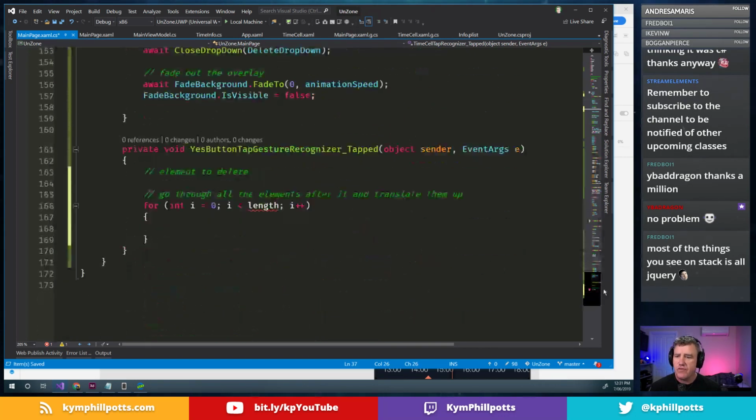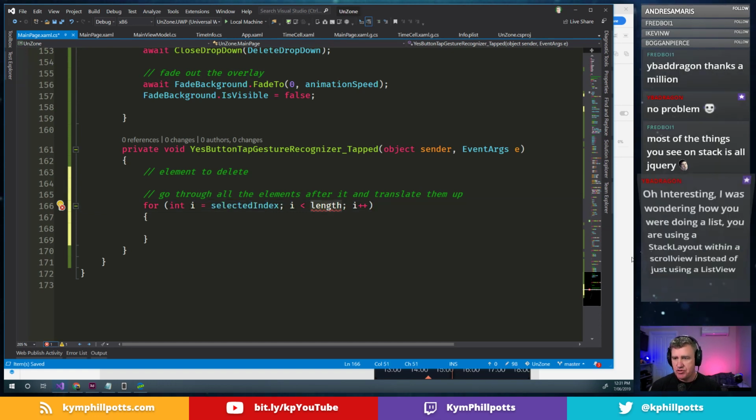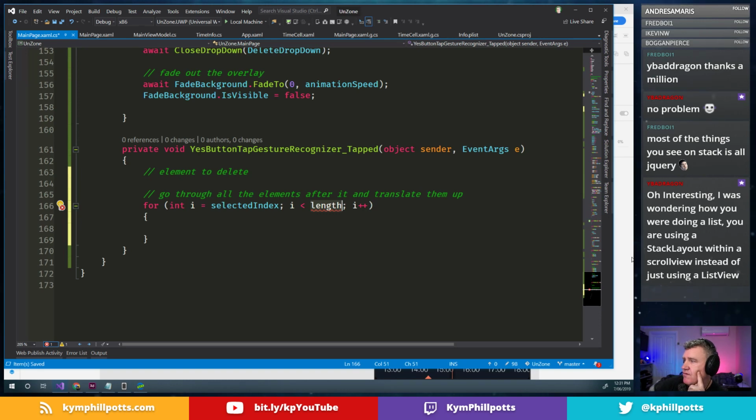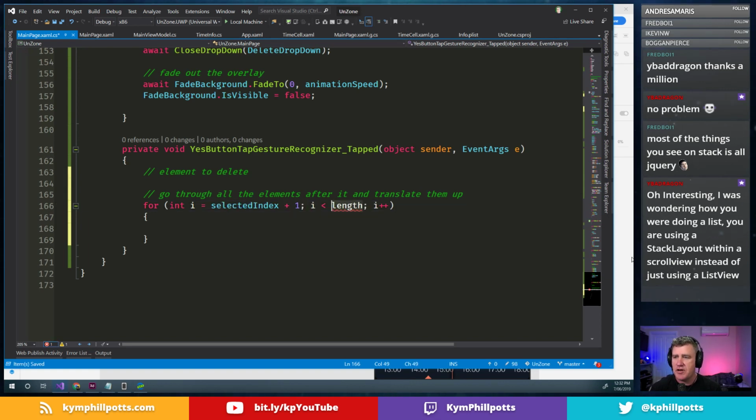then go from there. Right, so we want to start off at that selected element, selected index, right? And we want to go through to however many children it has. Yeah, at the moment, right? Because I've got a stack. I'm gonna try and move it to a collection view a little bit later on. So we want to start at the element after where we're going, and we want to go to